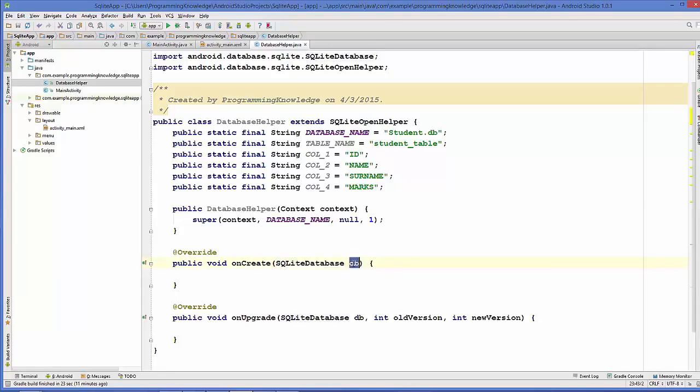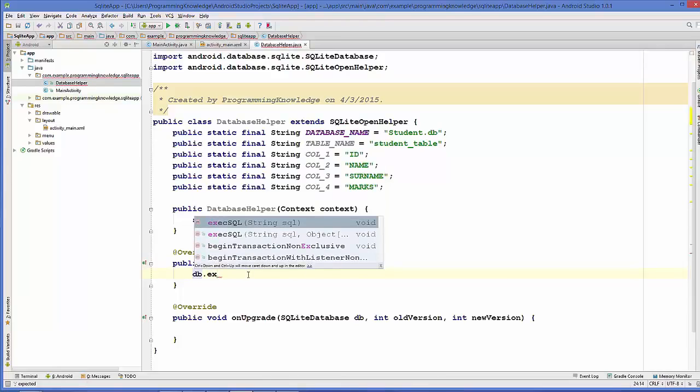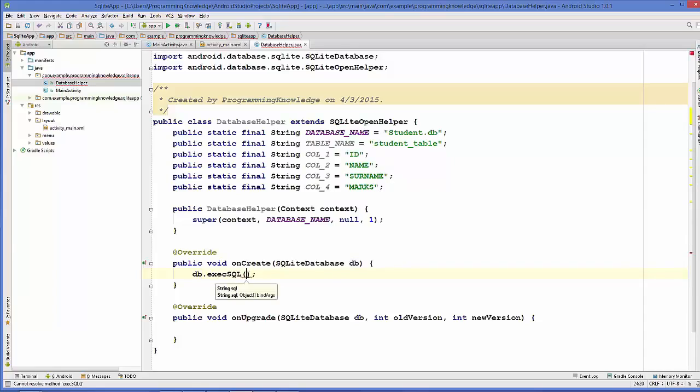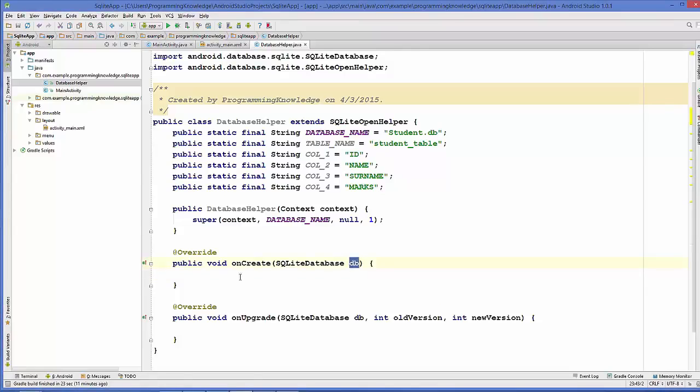So we can just take this db, which is a variable of SQLiteDatabase, and take this instance db and call a method called